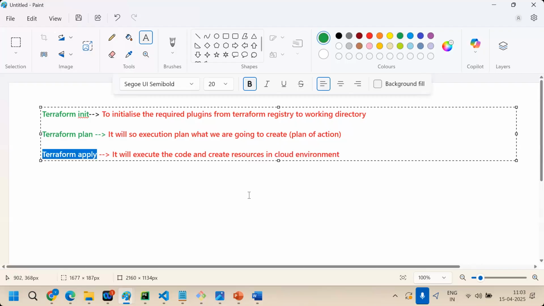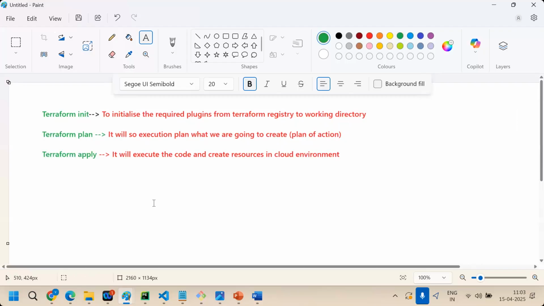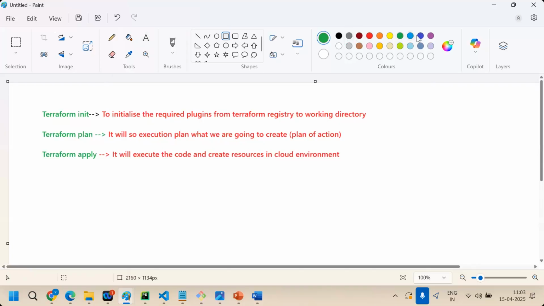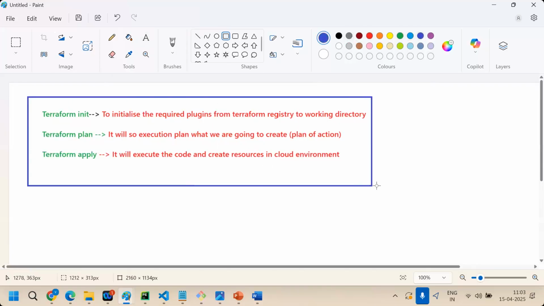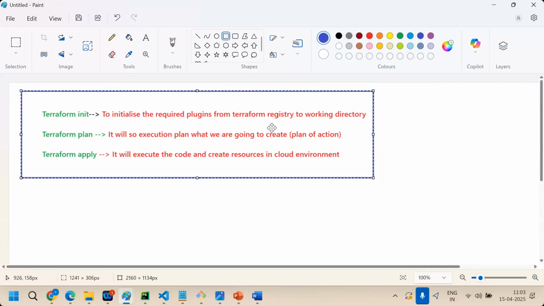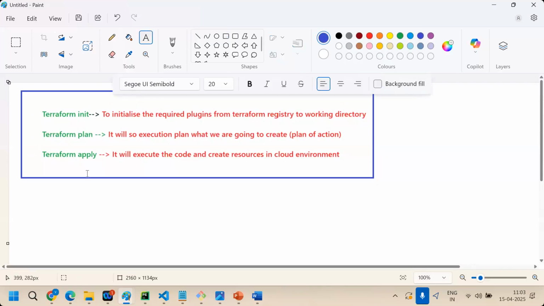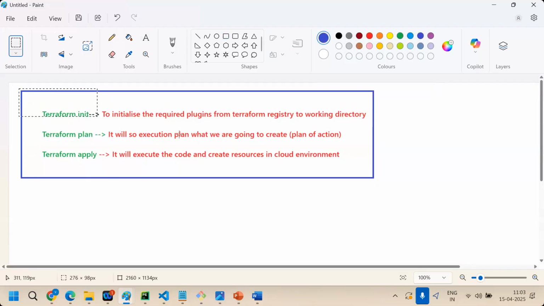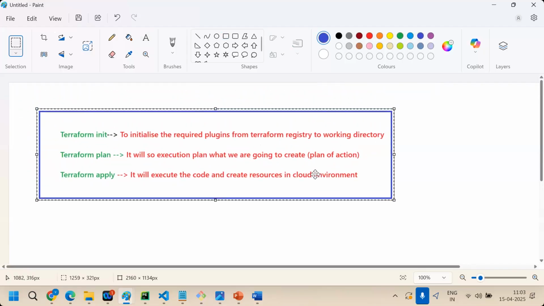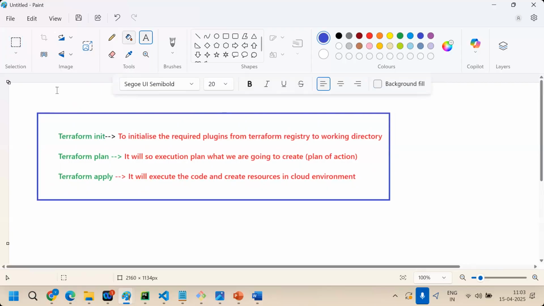These are the major commands. A few more commands also exist, we'll see them in the coming classes. These are the main commands to work with Terraform. Basic commands.